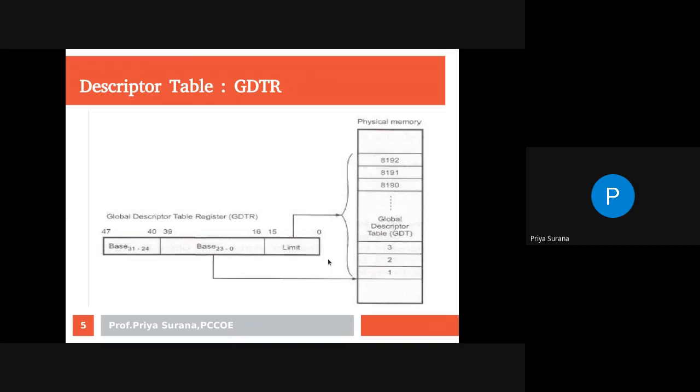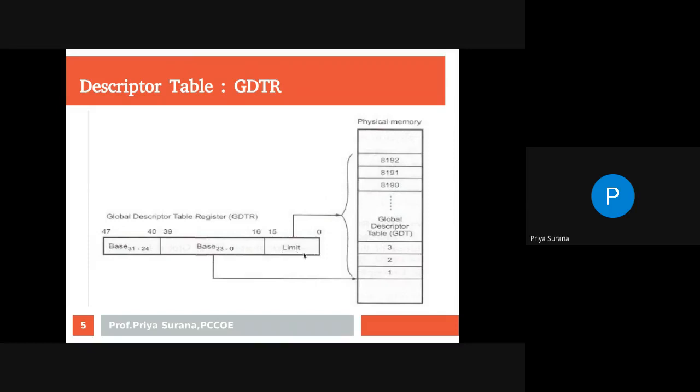If I am saying GDTR, you can observe in the diagram also, GDTR is 48-bit. It is a 48-bit register located inside the 80386. The lower two bytes of this register specify the limit.